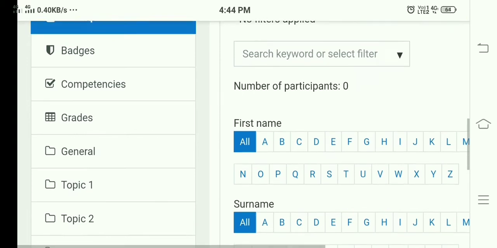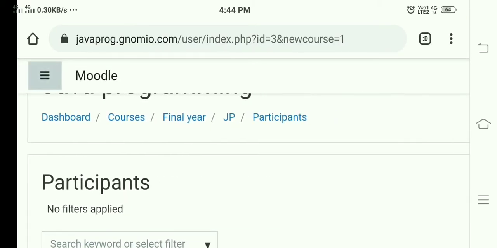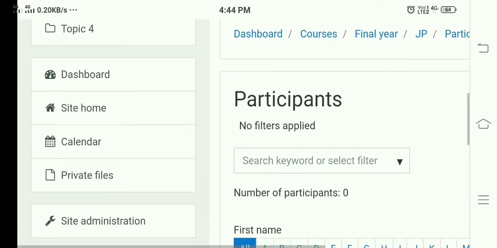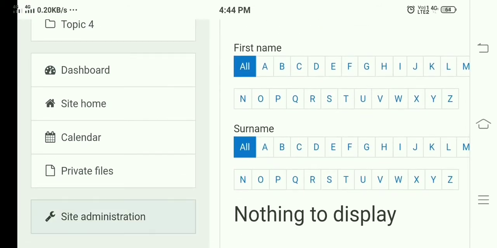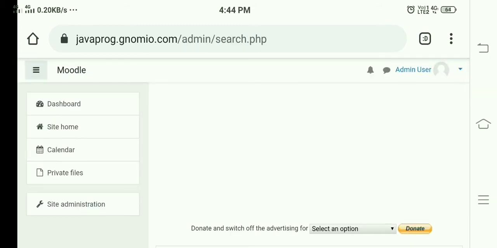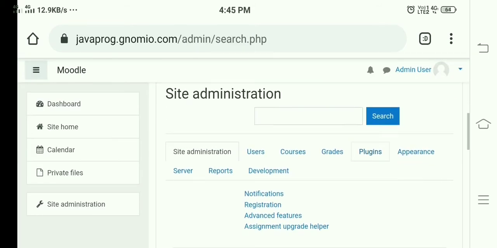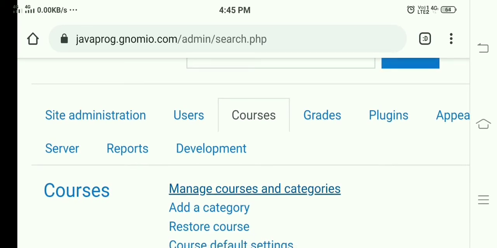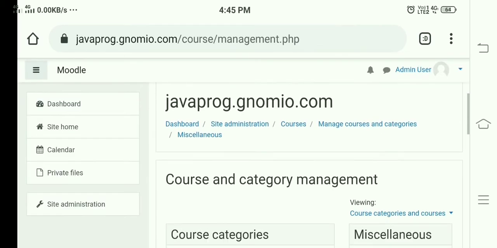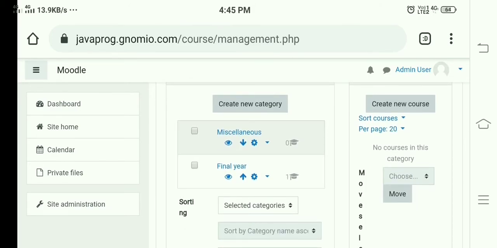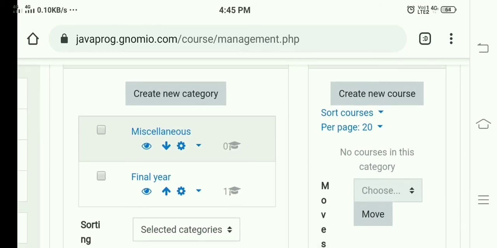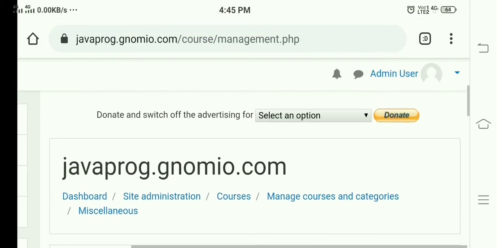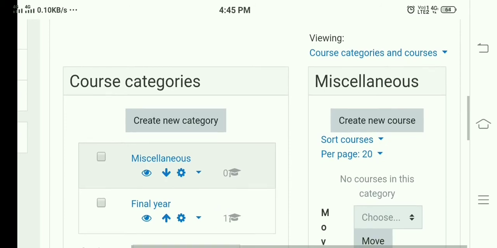Here again we can move towards the site administration, and here we can click on courses and then manage courses and categories. Whatever we have just created is written over here.